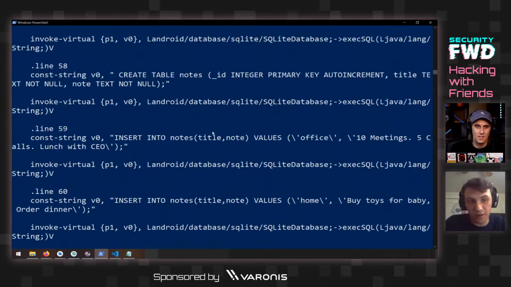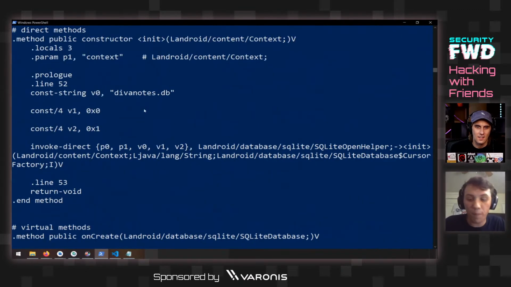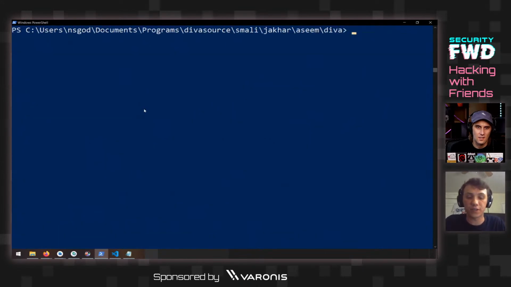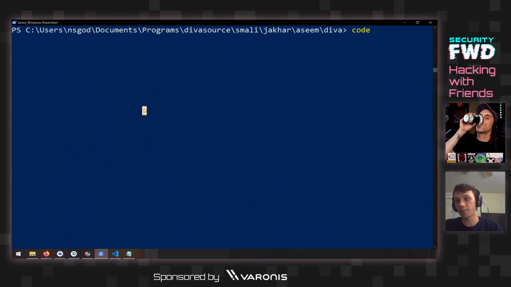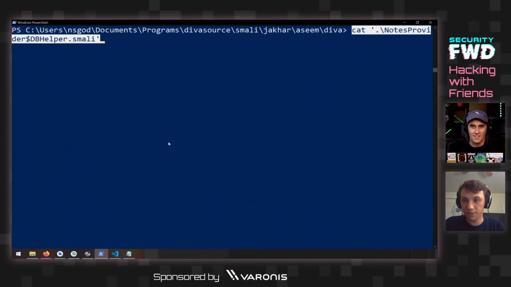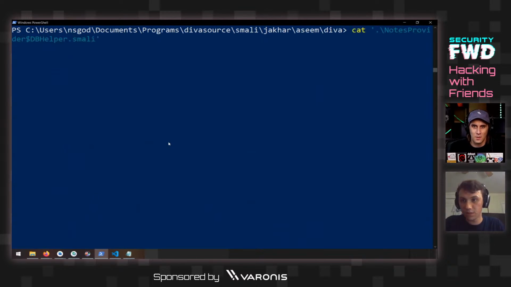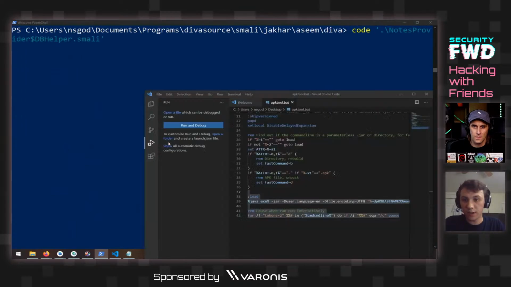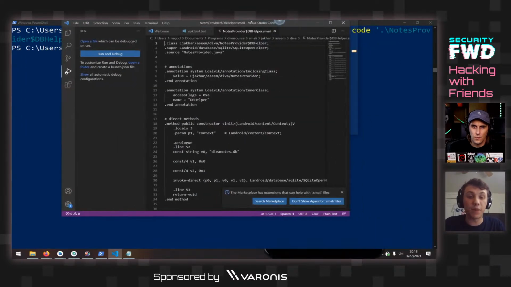It's basically the source code, or it's a whole bunch of code, and it's not something you want to dig through using a terminal. You can open it up with Notepad, Notepad++, or Vim or Nano if you're more comfortable with that. But I'm going to use VS Code. So I'm going to use code and then the name of the file. I've got to get rid of the cat. So now it's going to go ahead and open it up in VS Code, and now this is much more